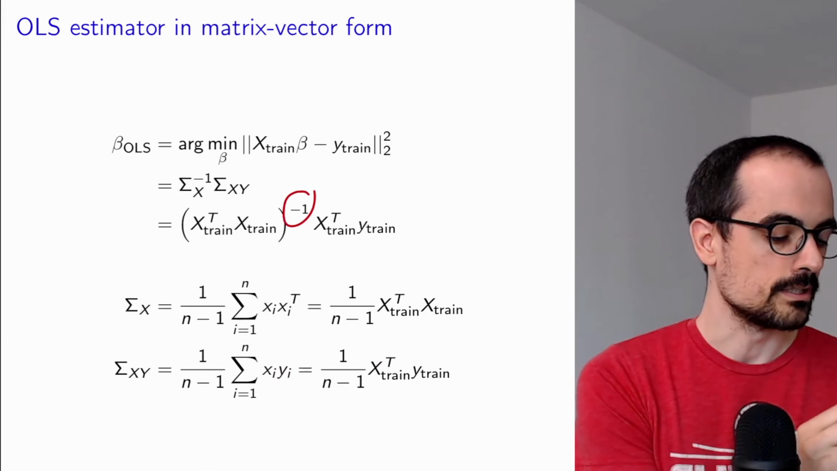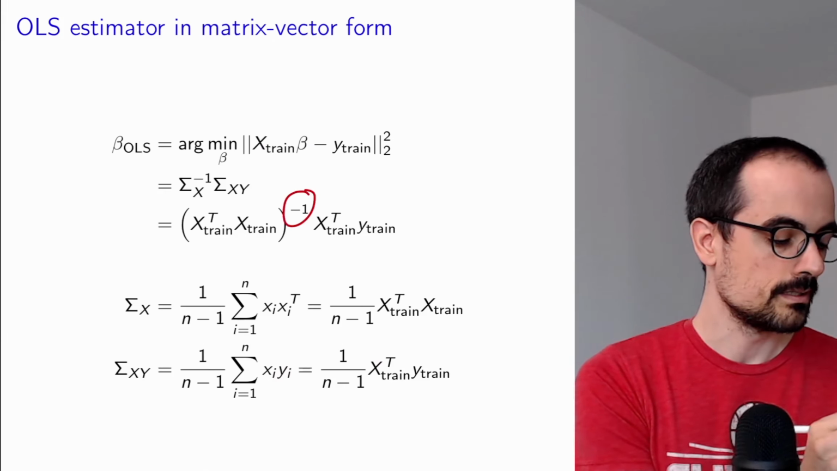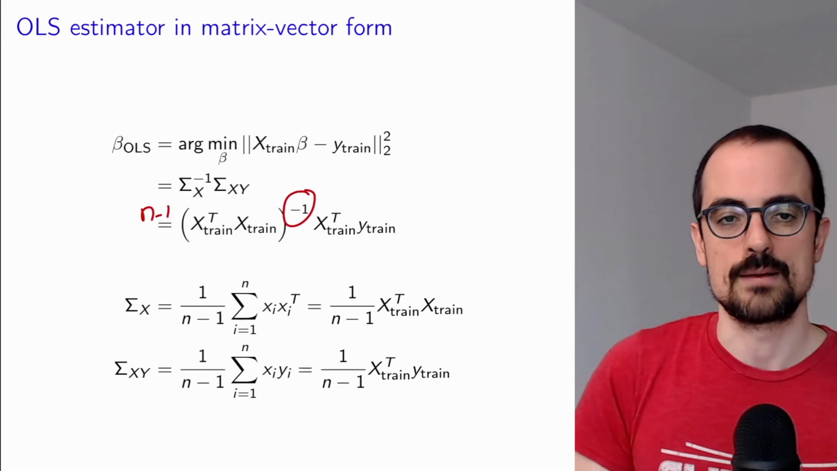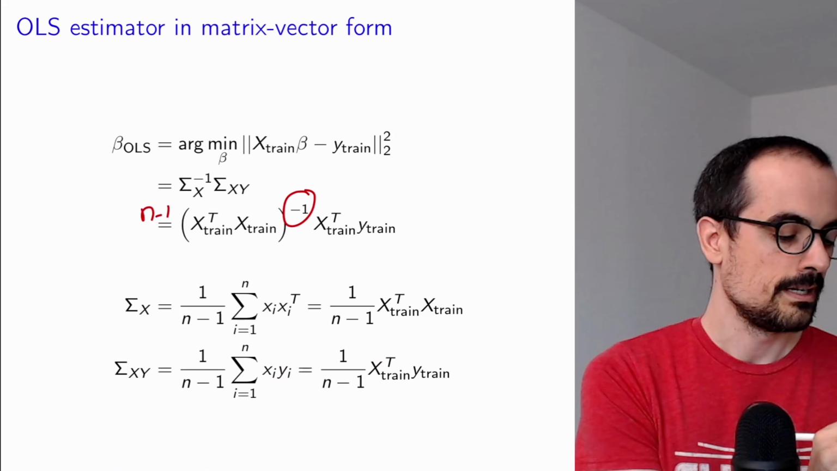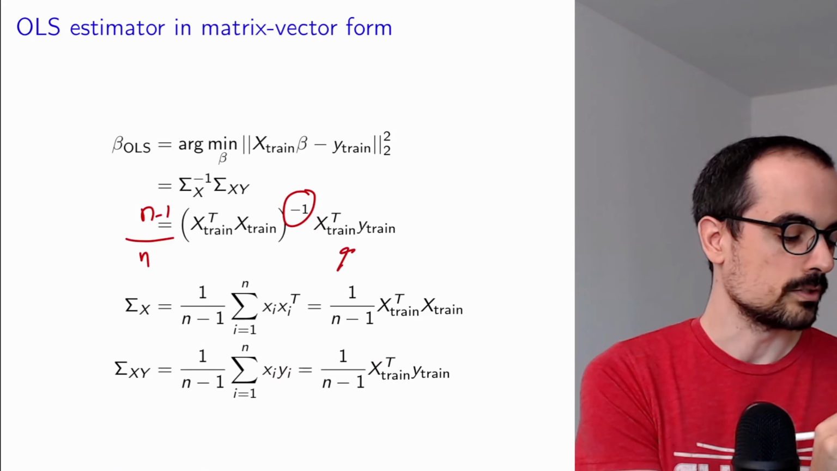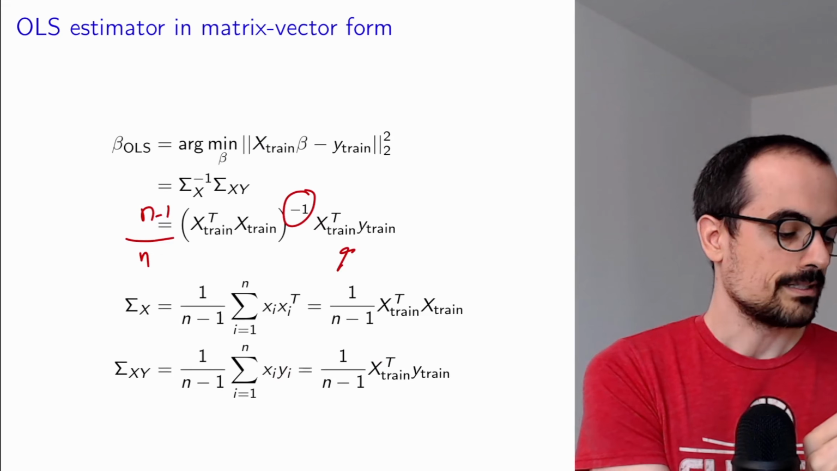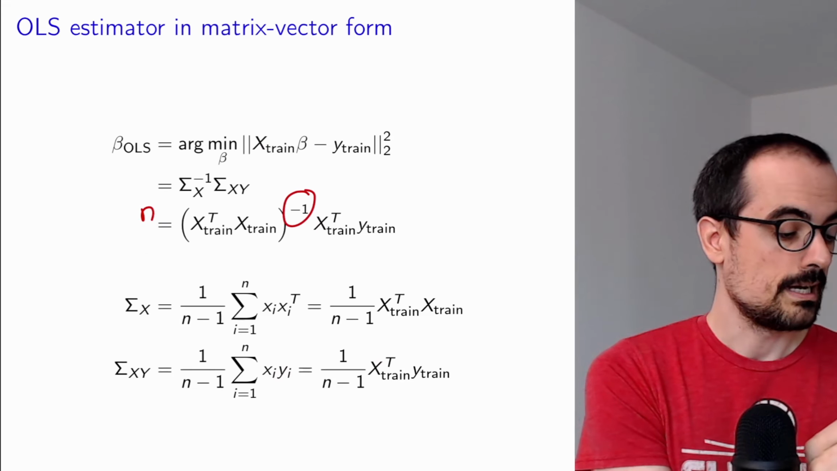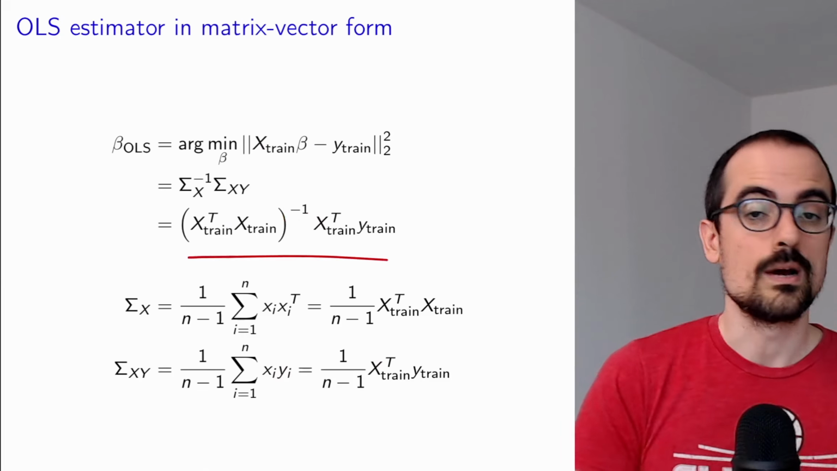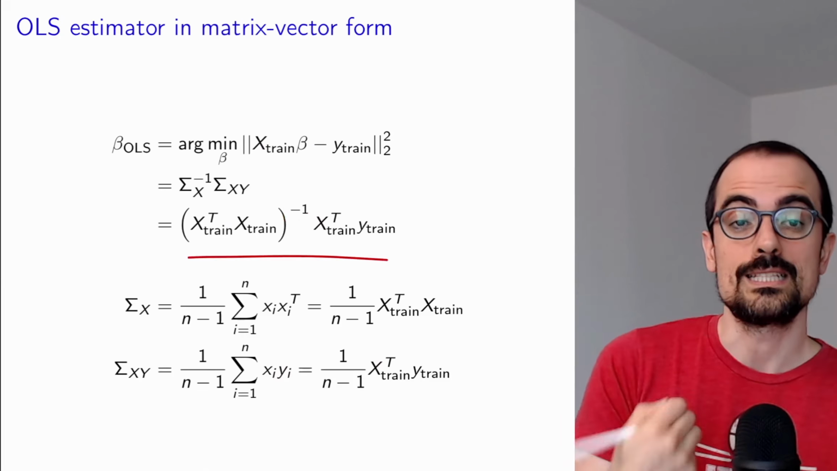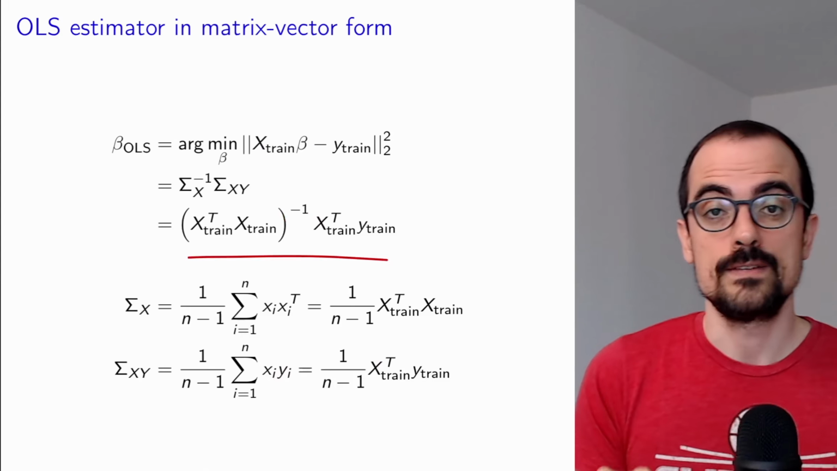Here we have an inverse, so this would be times n minus 1. The n minus 1 could come out of the inverse multiplying, and here we would also divide by n minus 1, so this cancels out. Excellent. We have obtained an expression for the OLS estimator in terms of the design matrix of the features and